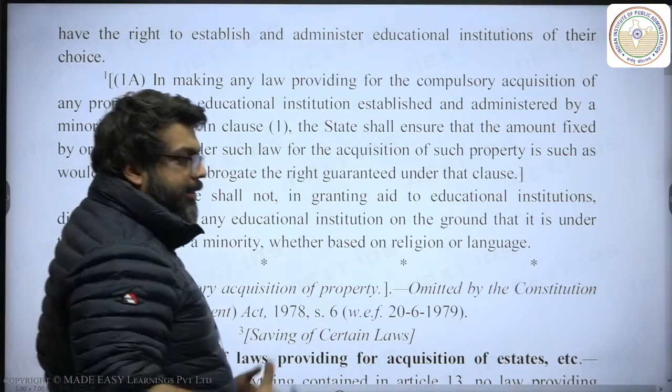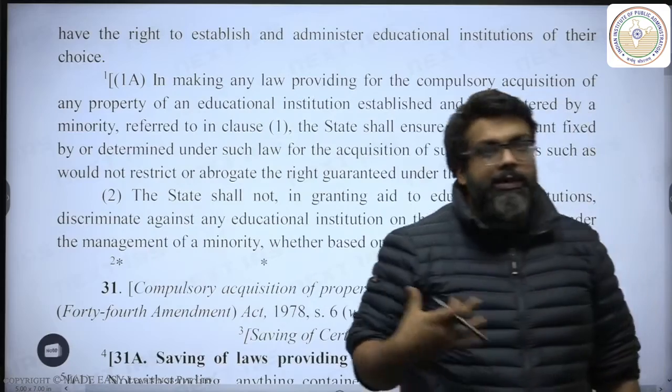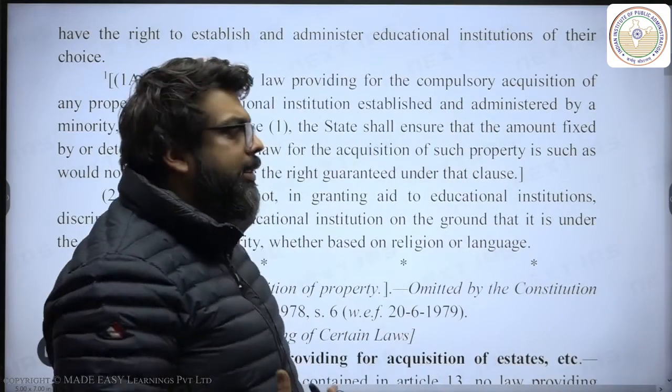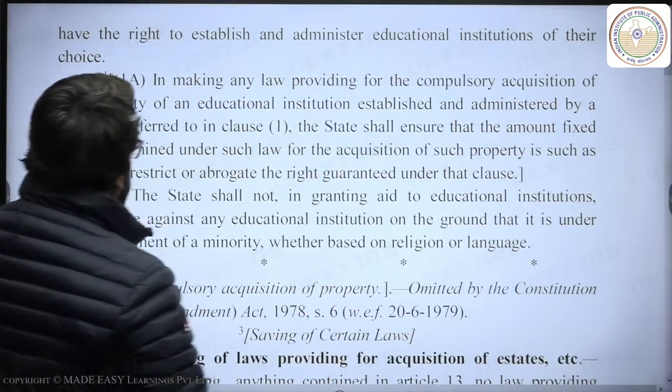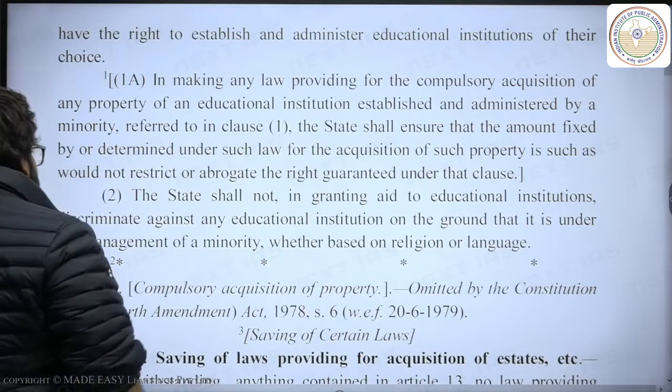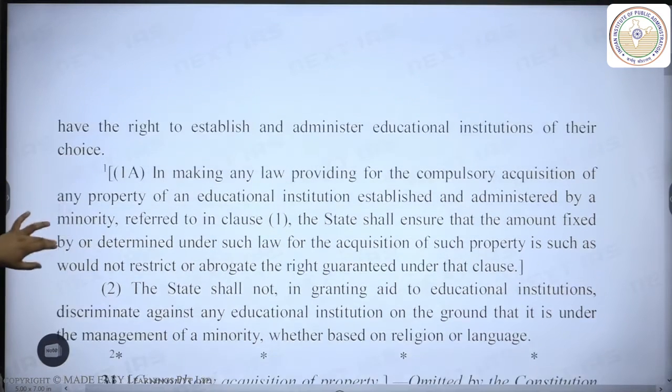Which means that if the state, through its budget, through its welfare schemes, through its policies, has to give some financial support to minority institutions, it should not be based on any religious or linguistic discrimination. Now, if you compare the discrimination provisions mentioned under Article 29 and Article 30, we will be able to understand that these provisions are largely wide in nature and therefore comparative in nature. So let's look at it from that point of view.